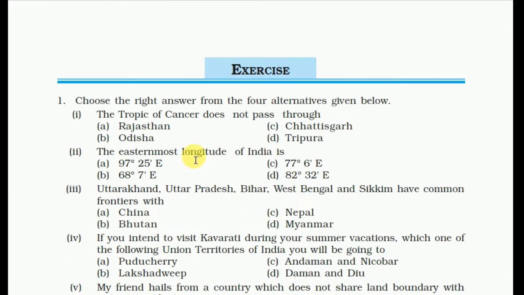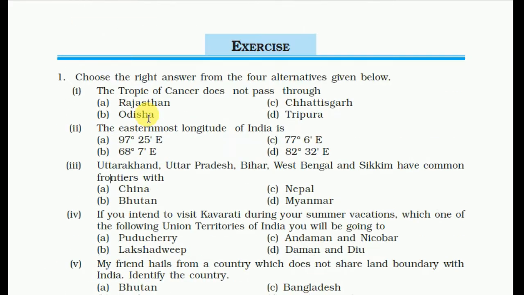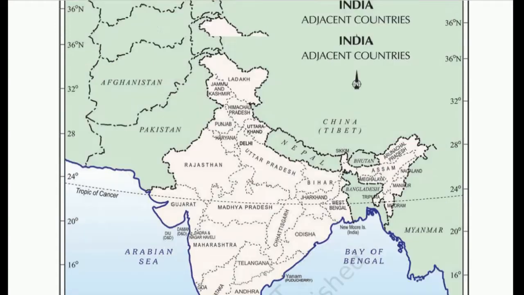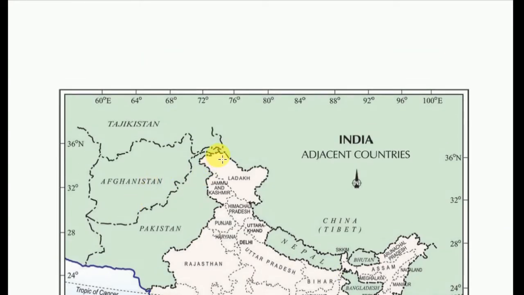So this chapter is completed. This was a very short chapter, just an introduction of India. There has been some confusion about the Afghanistan boundary. Let me clear it up, friends. This part is POK, Pak Occupied Kashmir. POK's boundaries touch the Afghanistan boundary, but it is not our boundary. We just show it in our map, but it is administered by Pakistan.